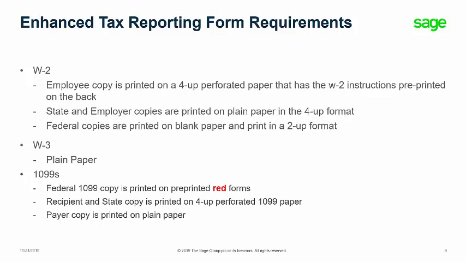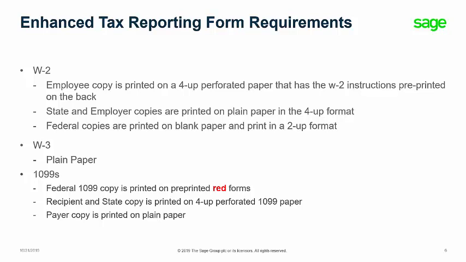for the federal government. The W-3 also prints on plain paper, so there's no need to buy any special forms for printing except for the 4-up perforated paper for the employee copy. For 1099s, federal 1099s must be printed on the pre-printed red forms. The recipient and state copy is printed on a 4-up perforated 1099 paper, and then the payer copy is printed